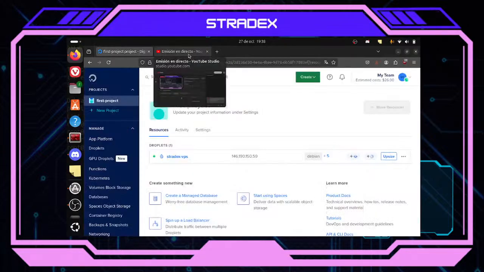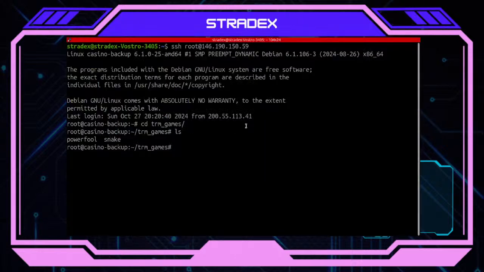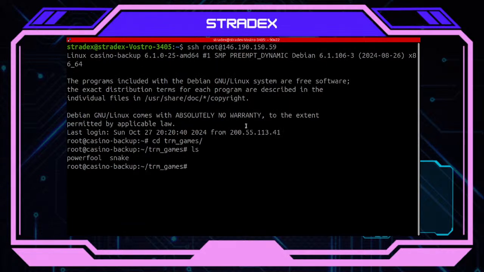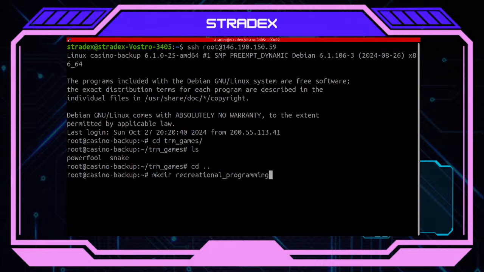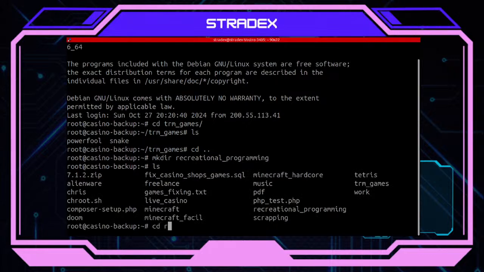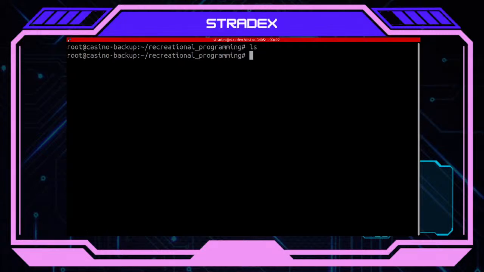So what I want to do this next hour is mess with a new project. Let's start again, for the sake of completeness, with NCurses and C language, beautiful C. So let's make a deal for this. Let's create a folder. Let's go back here. Let's create a folder called Recreational Programming. There it is. Let's make here some. Let's make an RPG game.